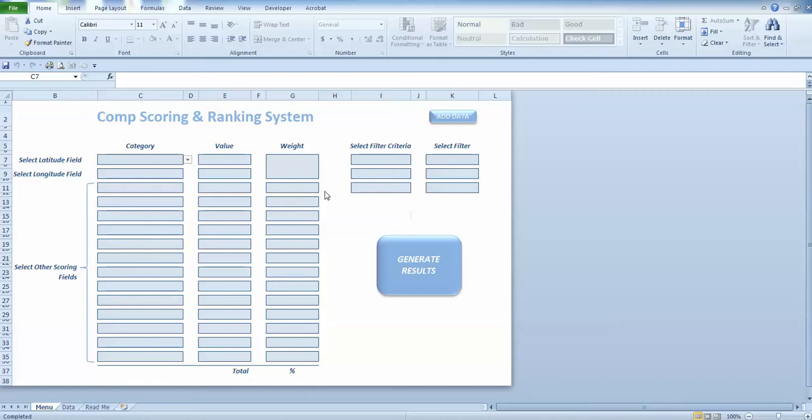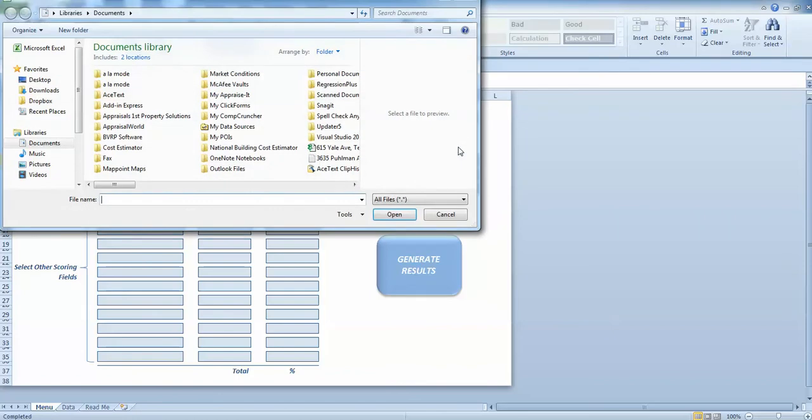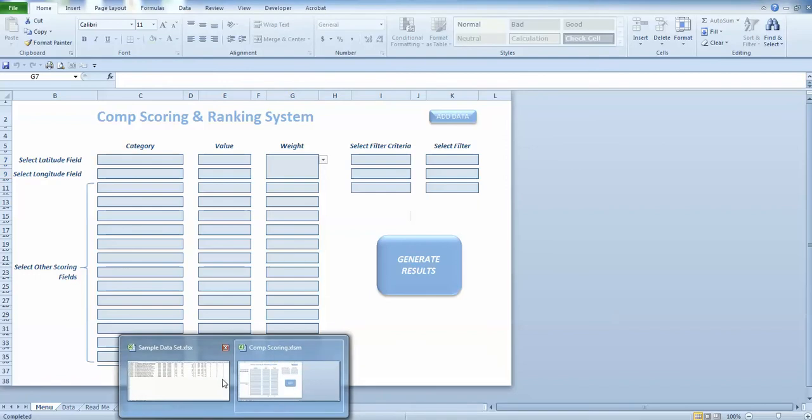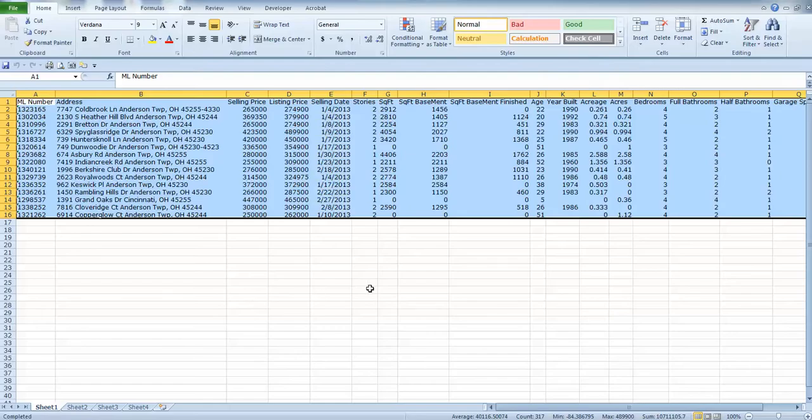First, once the spreadsheet is downloaded and open, we want to get some data into the system. There's a couple ways to do this. The first of which is clicking on the Add Data button here. If you clicked on that, you would go to the dialog box and you could search for an Excel or .csv file that you have with sales data incorporated into it. But what I would recommend doing to expedite this process is if you go to the spreadsheet that you have that data in,